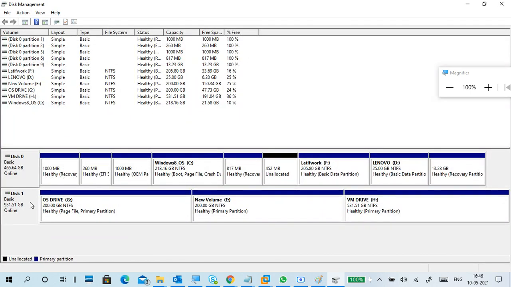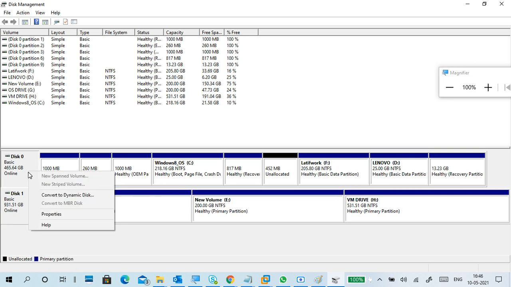See, disk 0, disk 1. Where is the CD-ROM? I removed the CD-ROM and added this disk, and I created only three partitions in disk 1. Why? It is an MBR type of disk. Disk 1 is an MBR type of disk. Disk 0 is a GPT type of disk.